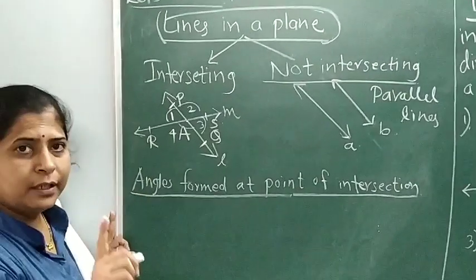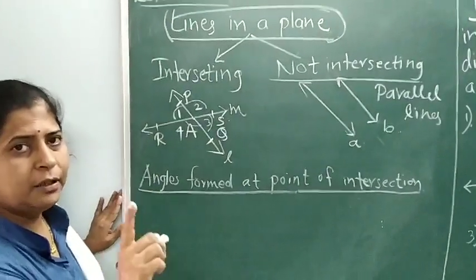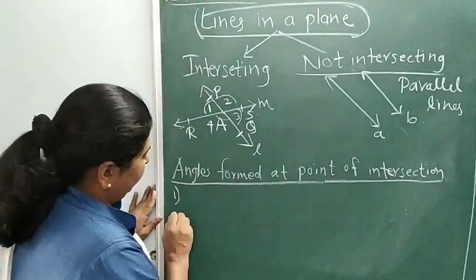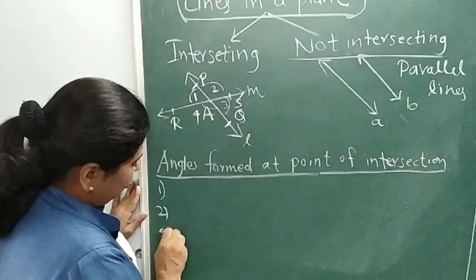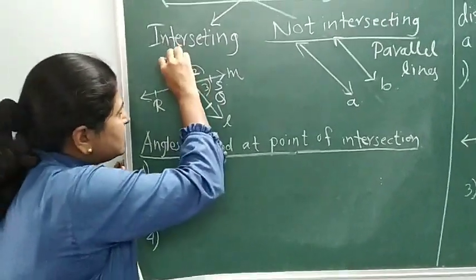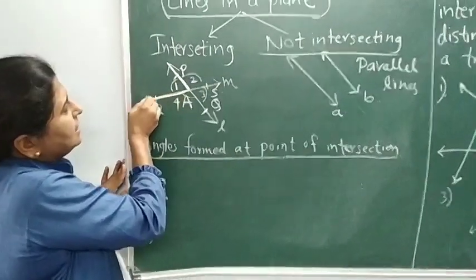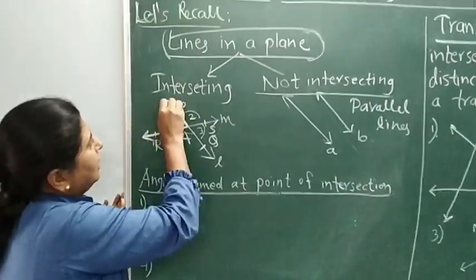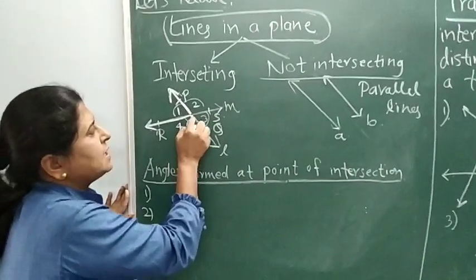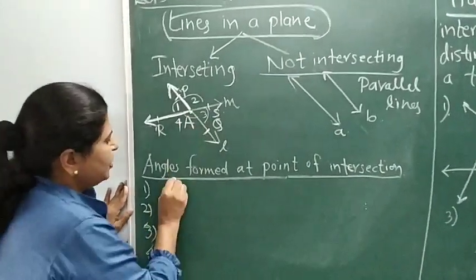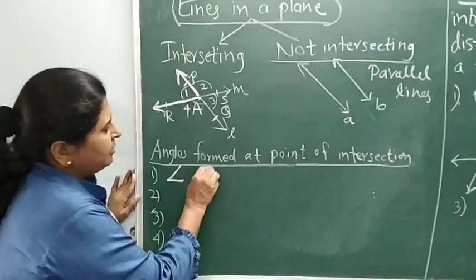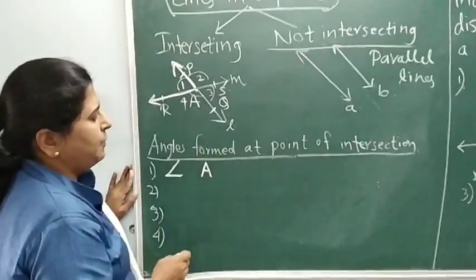Let's learn to write the name of the angle in a proper way. When we write the names of the angles, we have to write 4 angles, 1, 2, 3, 4. Let's write the number 1 angle. Now here this is the angle. I am highlighting this angle for you. Now what is the vertex of the angle? The name of this intersecting point is A. So it should be written with the angle symbol, and A should be written in the middle position.